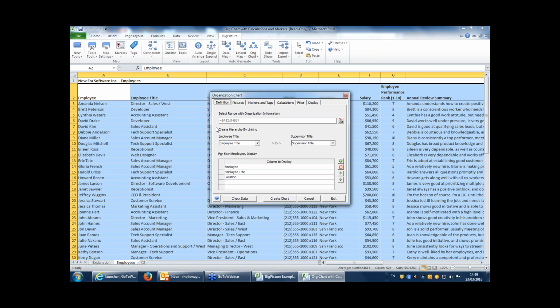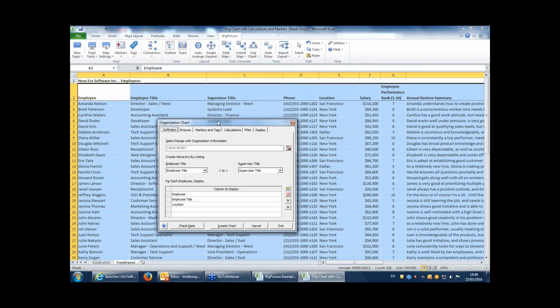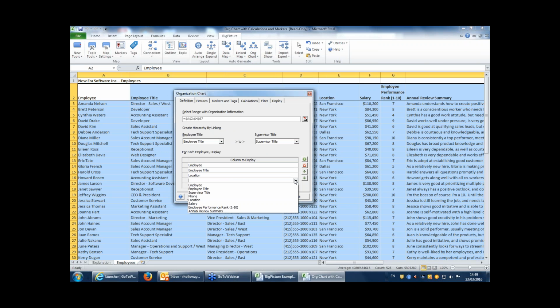So if you click the org chart at the top and the auto generate bit at the top, then it comes up with this dialog box. So you can choose to map employees to supervisors, and then for each topic there'll be the employee name, the employee title, and the location. If you want, we can add some more here. It doesn't restrict us like the data maps do. You just click this drop down box arrow here, and you can add anything here. But we don't want to add in things like the salary,